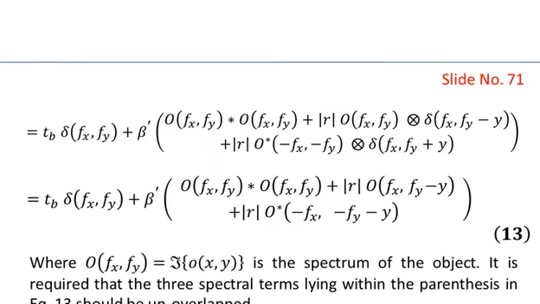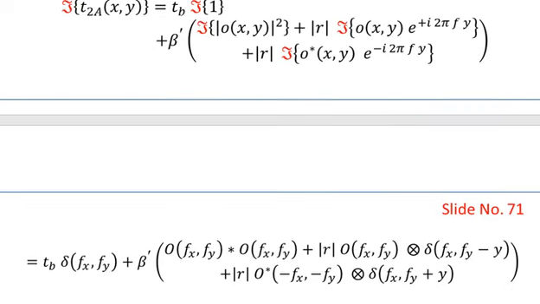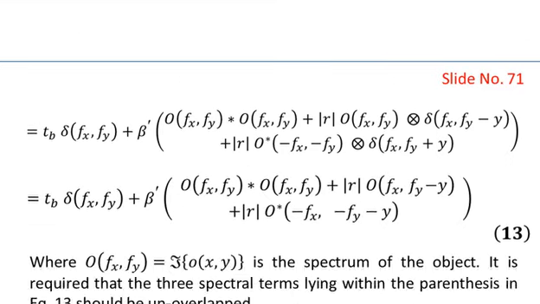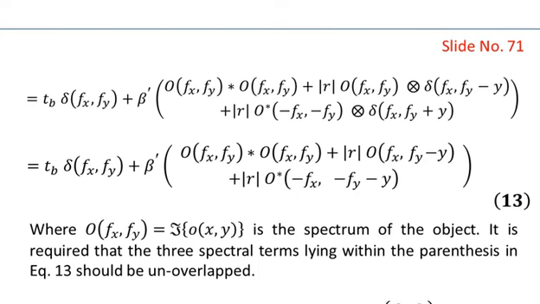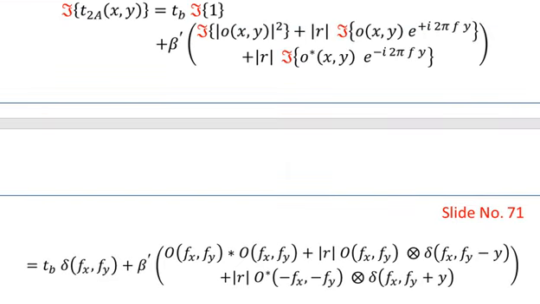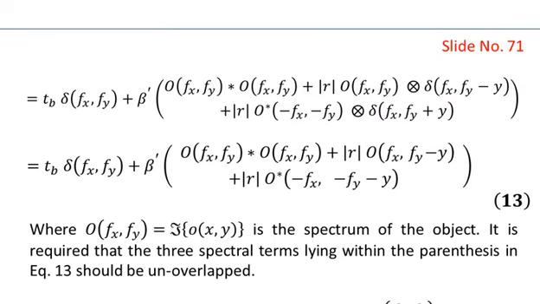because we have f minus y. And then similarly for the third term we have the Fourier transform of O star, which will be represented as O star, and within the bracket we have minus fx, fy, and the convolution is with the Fourier transform of the exponent function, which is a delta of fx, fy plus y. So we are going to do the convolution in the last step, and then